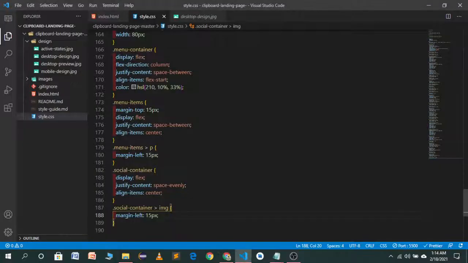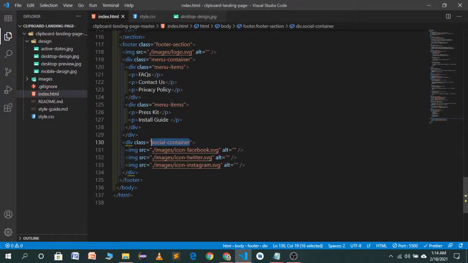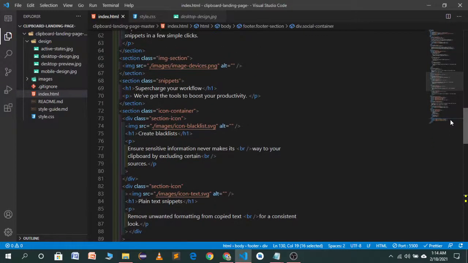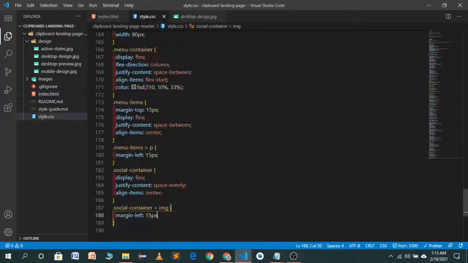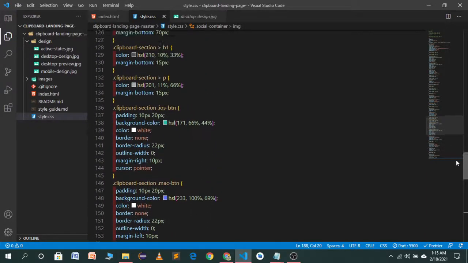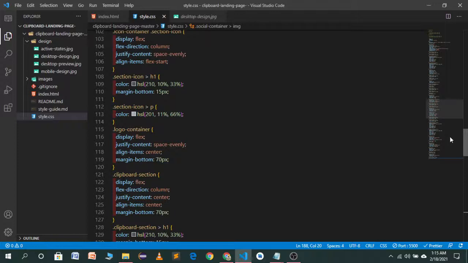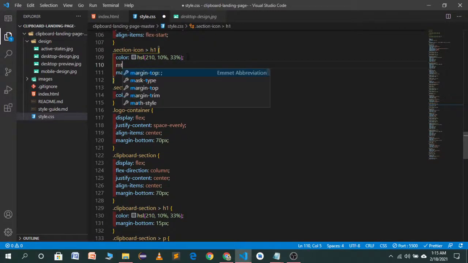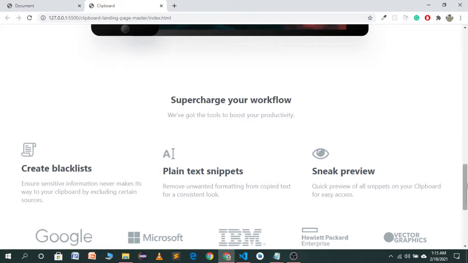So this part is, I think, this one, the section icon and h1. Where is the section icon? Here I will give it a margin top of 15 pixels. Let's see. Now it's looking great.